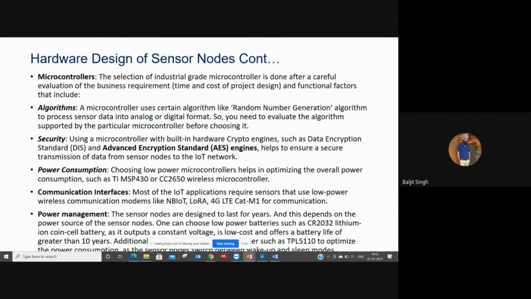And there are many other subdivisions, subcategories inside these grades. So the values can vary. And one more point is that the military grade kind of devices or components are very much stable in case of high frequency vibrations and other kinds of disturbances also, because mil grade applications include